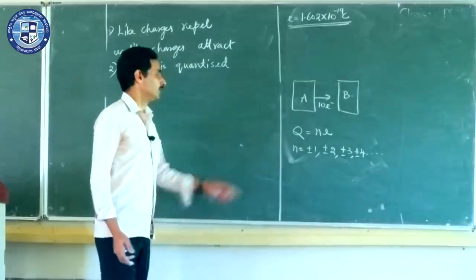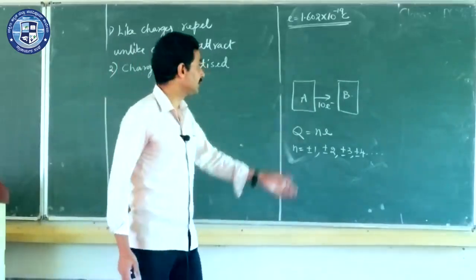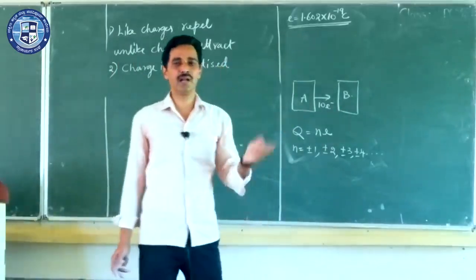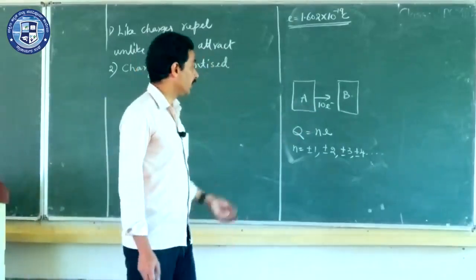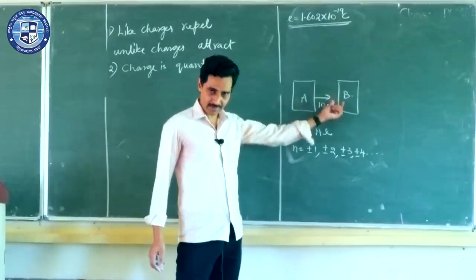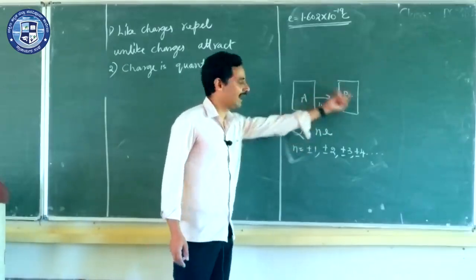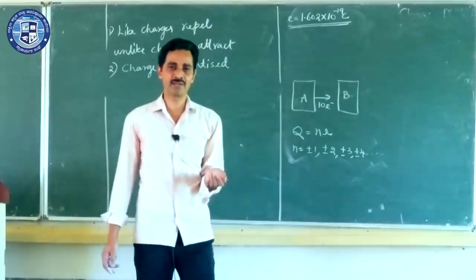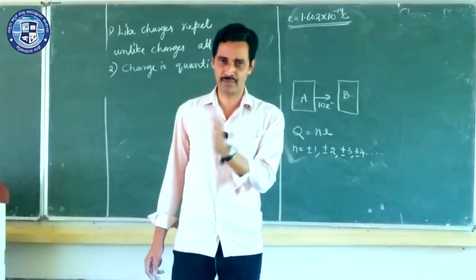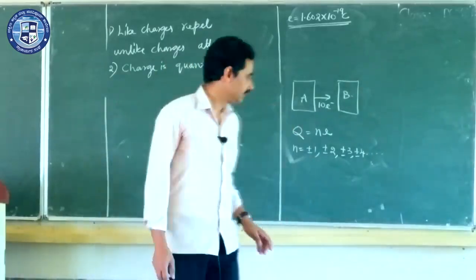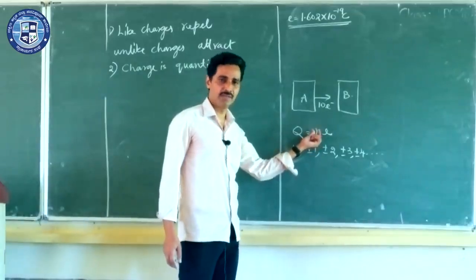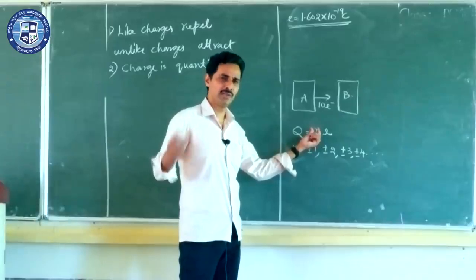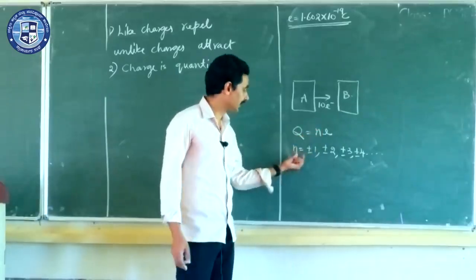Similarly, a fraction of an electron doesn't exist. Charge, this is the single charge, and you can't make it a fraction. You can add it in whole numbers. So if a body has lost electrons, or if a body has gained electrons, the number of electrons gained and lost must be in integer form. It cannot be a fraction at all. That's why you can substitute here either 1, 100, 50, 42,000 and so many crores, but that cannot be a fraction. So that's why I have given this.